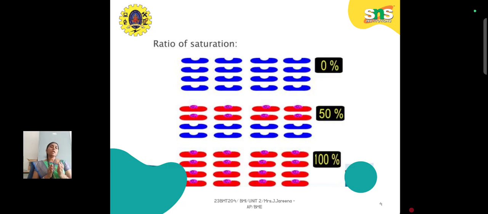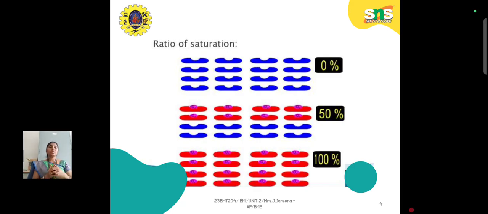So obviously if the hemoglobin content is very low, even if we have a good amount of oxygen, there won't be enough hemoglobin left to bind the oxygen, so that also ends up with some problem. So we have to ensure that enough hemoglobin is available to bind with enough oxygen, to have a proper supply of oxygen to meet the demand of the organ. Okay, so this is how the oxygen